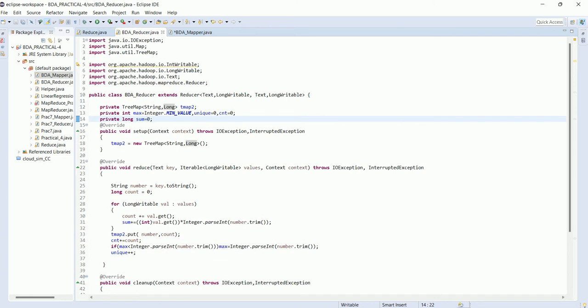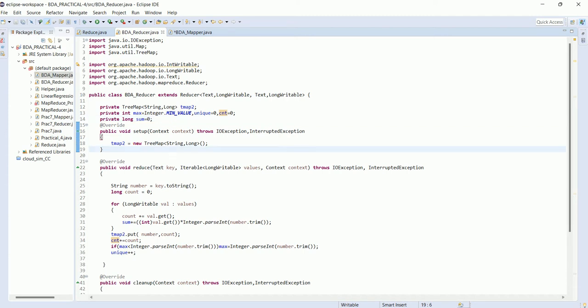Here I am creating the max value for getting the maximum number. Then unique is for the total number of unique numbers, and count is the total number of numbers. This sum is showing the sum of all numbers.